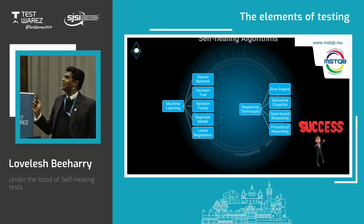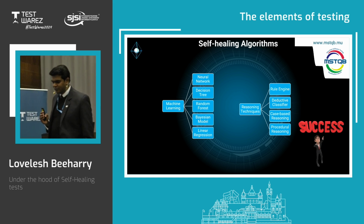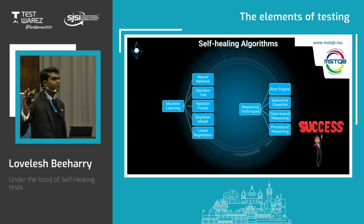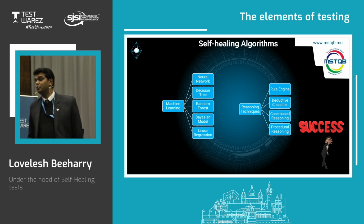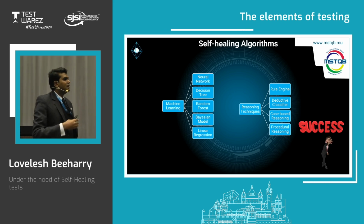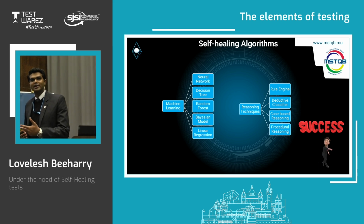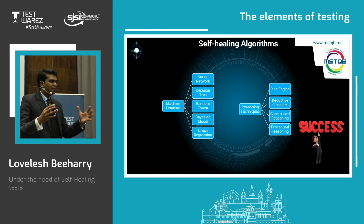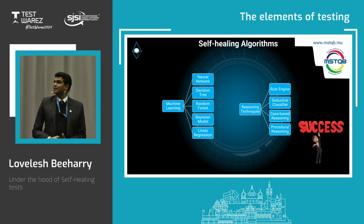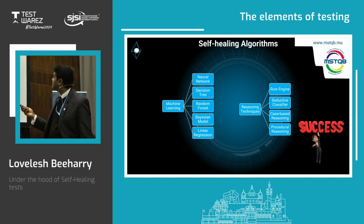Okay. Now coming back to the machine learning part. In the industry, they tried multiple algorithms for the self-healing framework. There are the reasoning techniques, which are really clever programming, like having selection constructs, for example if, case, try, catch, and so on, so that you could limit the ripple effect. You could give a certain intelligence to the programming so that the machine could execute the test correctly. So in reasoning techniques, we have the rule engine, which is essentially the if-else part. The deductive